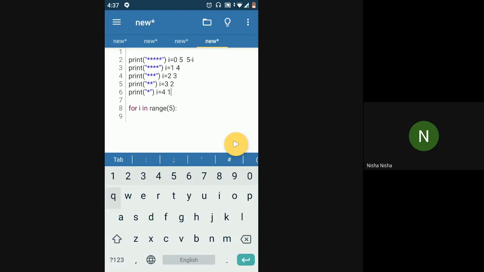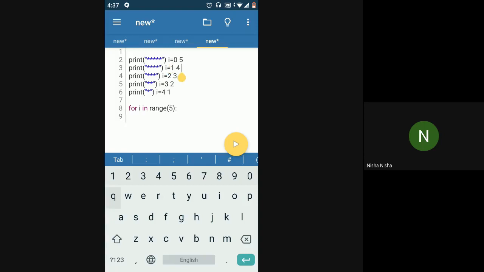Okay, it's not clear. So at least is this clear that when I is 0, I require 5 stars, when I is 1, I require 4 stars, when I is 2, 3 stars? This part is clear, right? Now I have to find a relation between my number of stars and I. You can find it from the pattern itself.